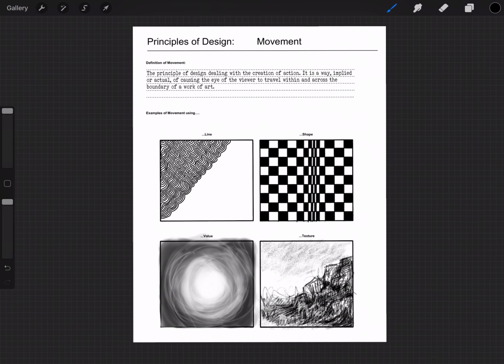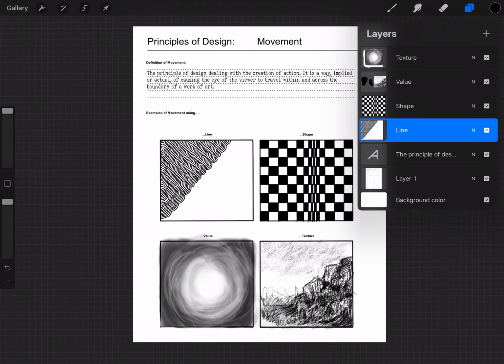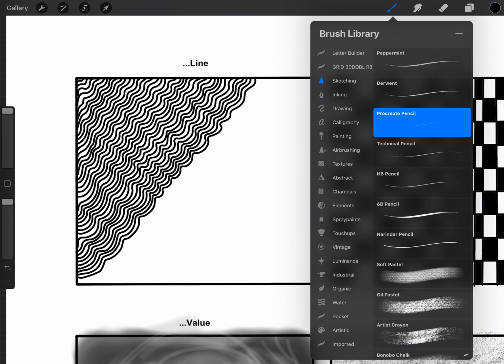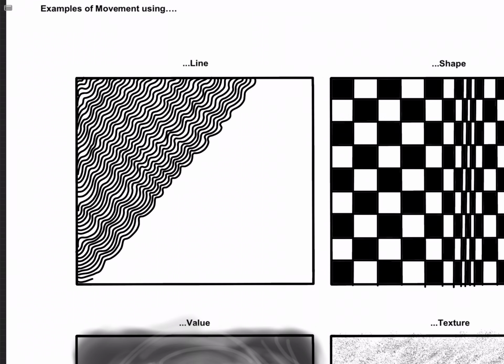So that's basically what movement is all about. Make sure that you finish the line, and make sure this whole entire section over here is filled up with lines, so it should be from edge to edge. Don't leave it white. You can always add more,